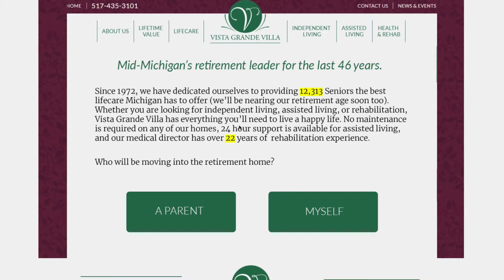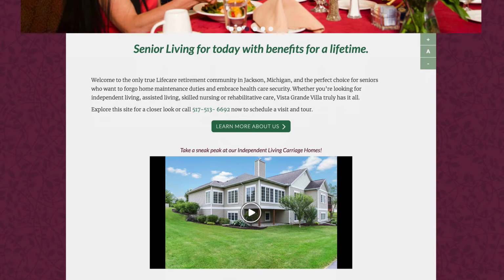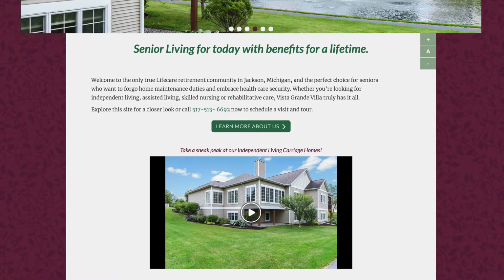But the first question we ask ourselves is, who is navigating the web to find a retirement community? They're a parent, or you're looking for yourself. And so we call this a power tactic. This is when we are able to communicate, remember, on the website that they have right now, there is no messaging that says, hey, are you shopping for your parents or are you looking for yourself?